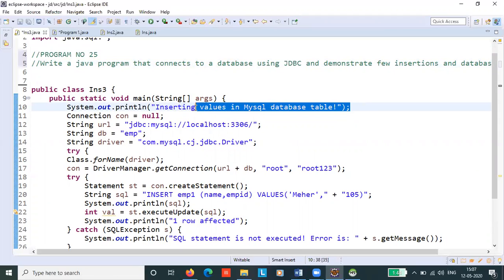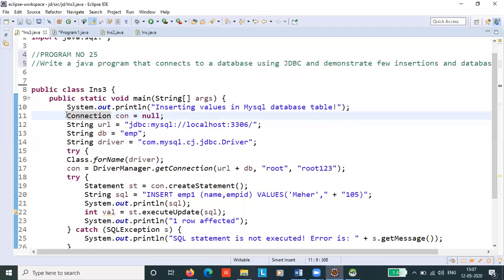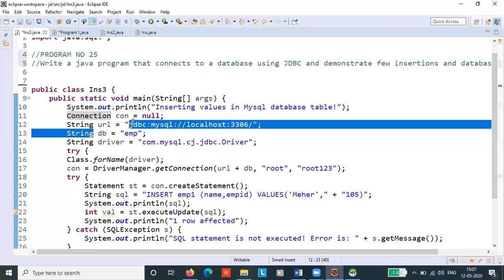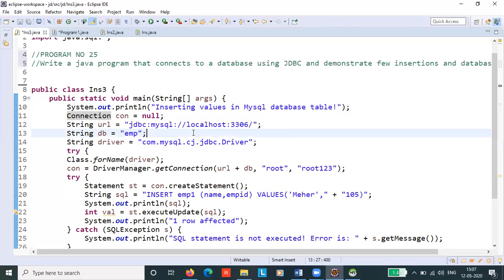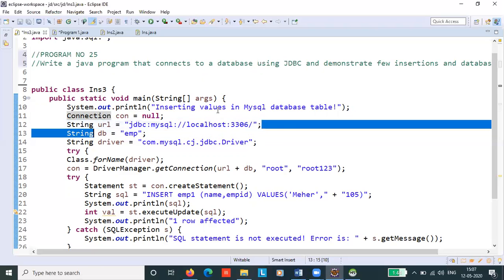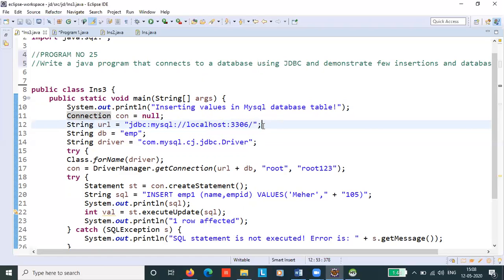Now look at this statement. This is a print statement. First, we have to create a connection. This is the URL of the JDBC. If you are using MySQL, then this is the URL. If you are using Oracle or some other database, then you will have a different URL.